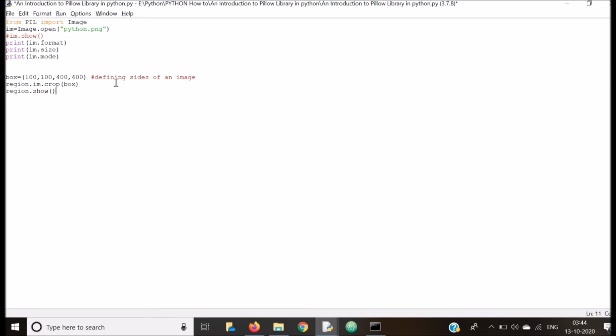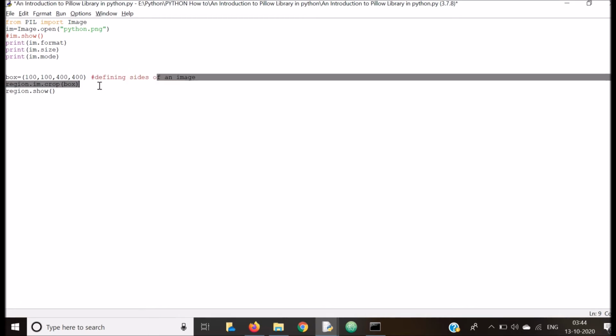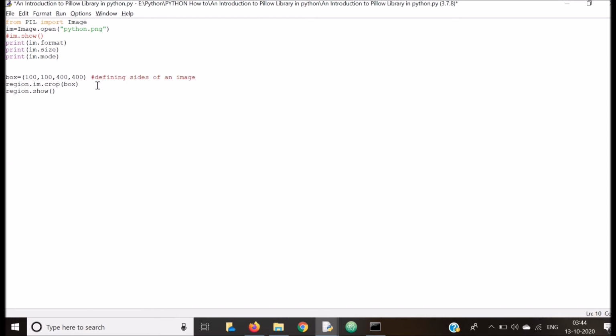Here defining the sides of an image, and this is the crop method to crop the image. And at last we call the show method to display the image.